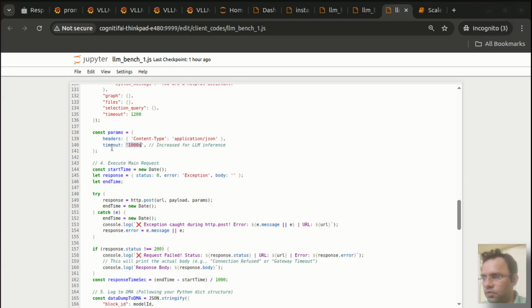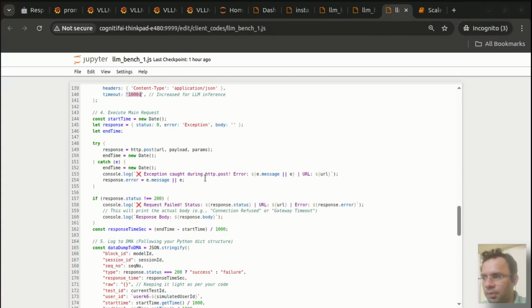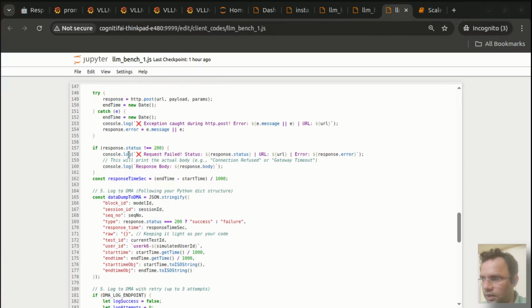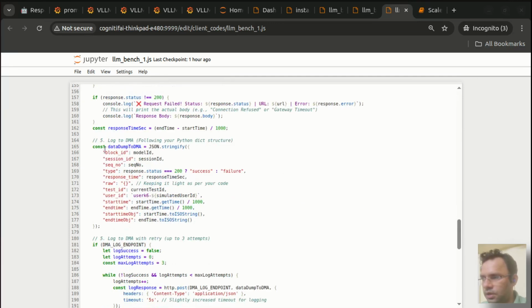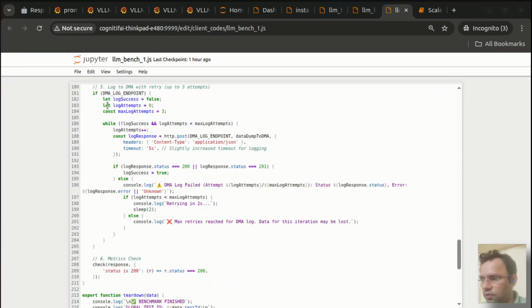So if the response doesn't come within 1000 seconds, it will time out and throw an error. That error is what we have captured in the graph as an error or a failed response. And once a response comes, we'll log the data to DMA. DMA will dump the data with this kind of metadata: start time, end time, and response time. All this information, along with the test ID, block ID, session ID, and sequence number, is dumped into